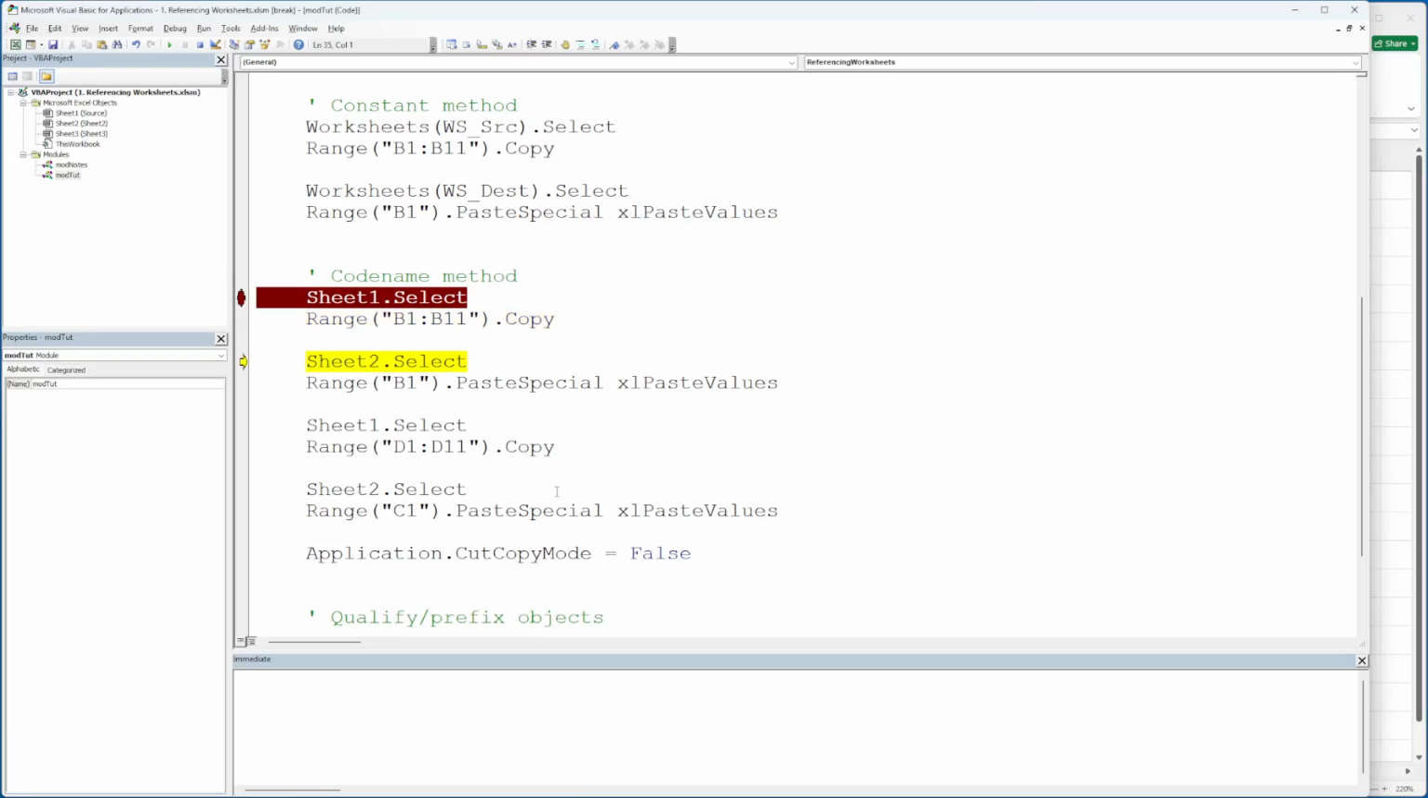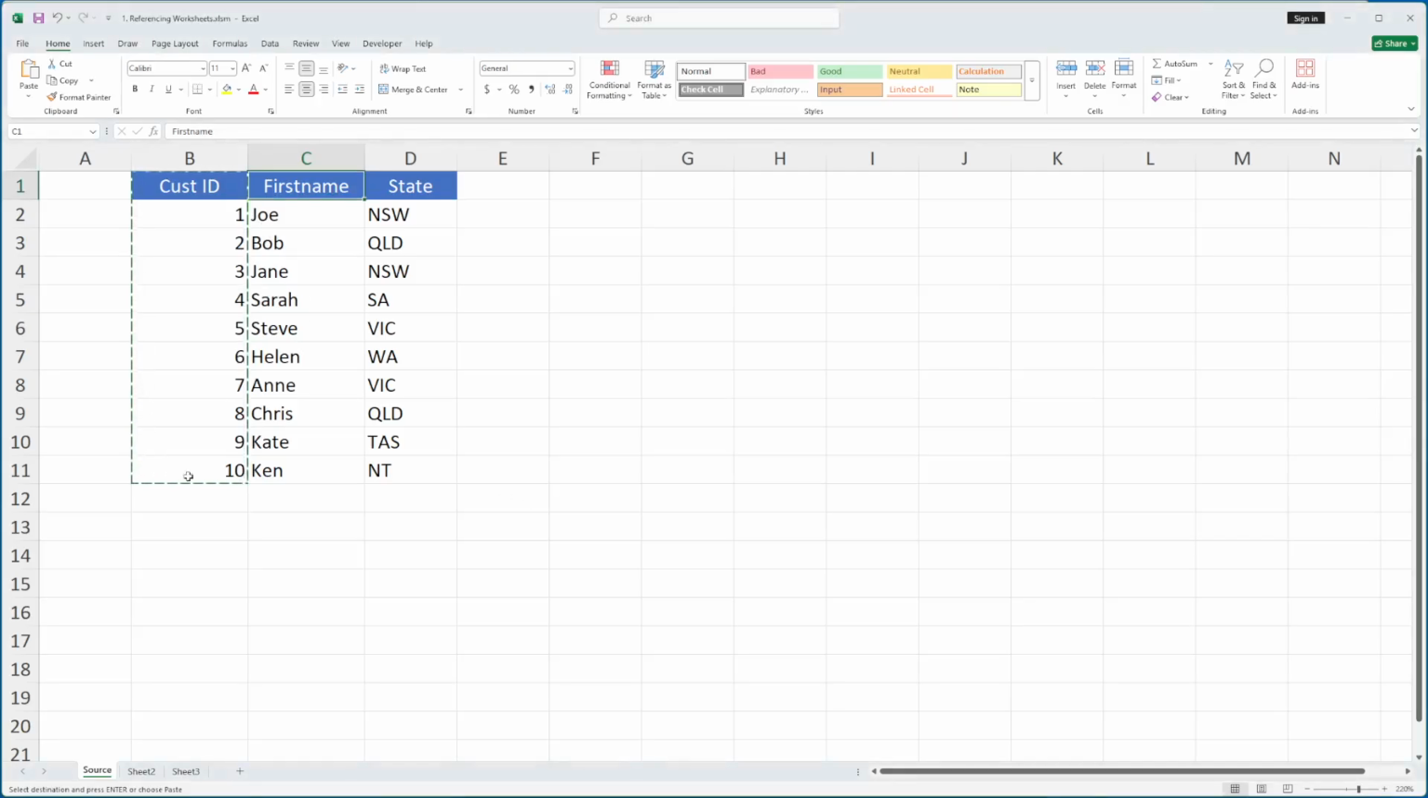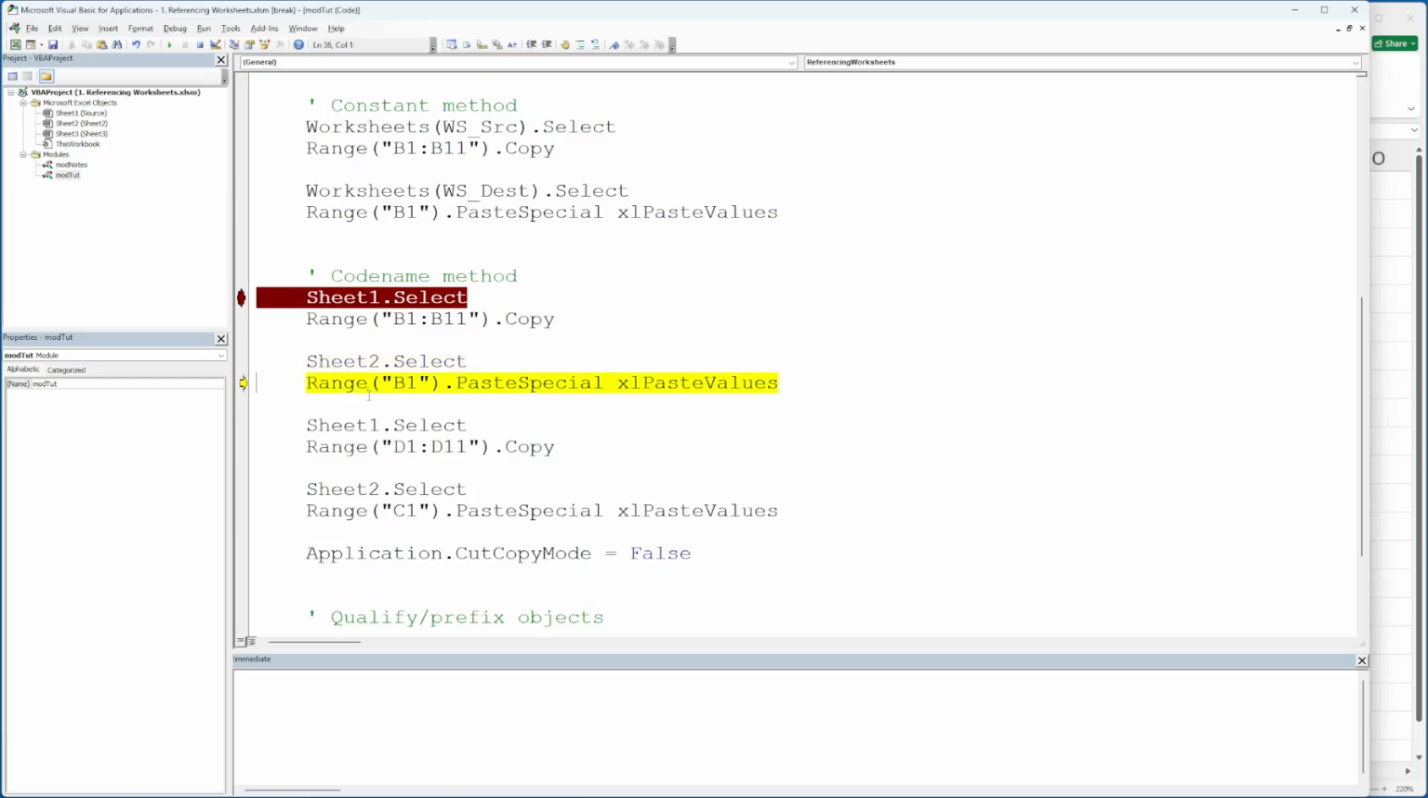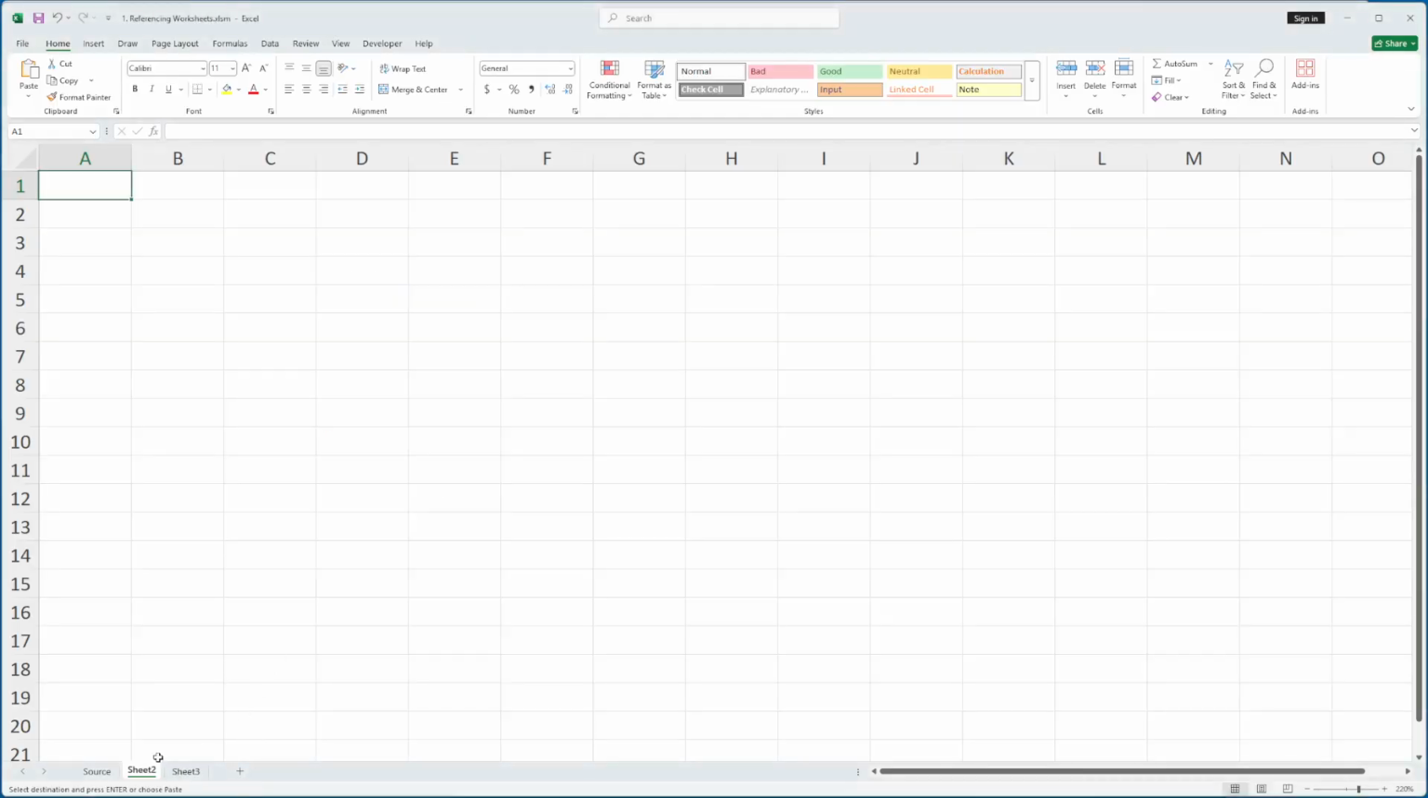I'll just go back and show you. You can see it's copied the correct range. Then it does a select. So it selects sheet 2, which is where it wants to put the data in. So it's copied the data from source. It wants to paste it into sheet 2. But now let's say